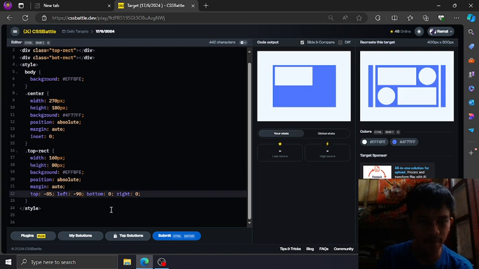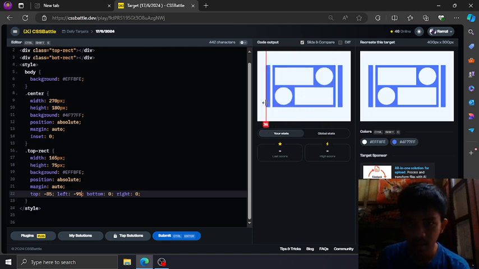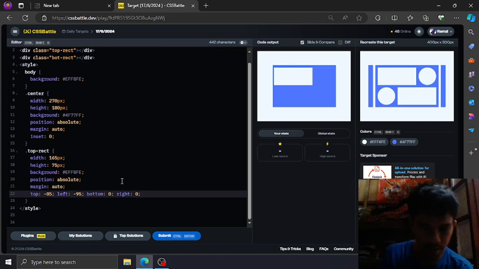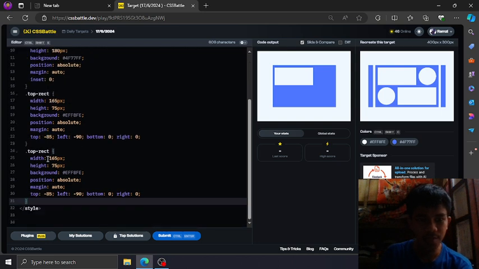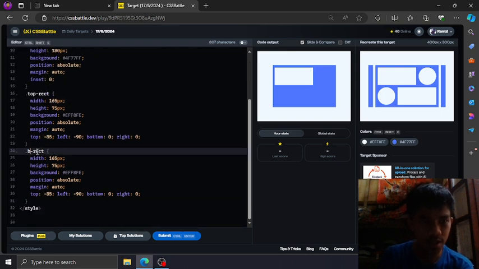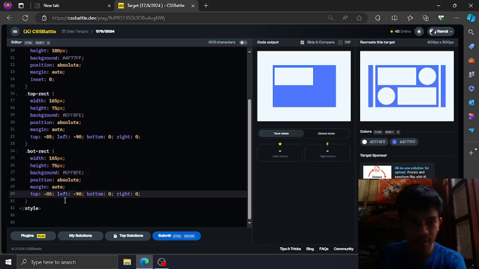Then this is 95. No, not the height, but the width here. Oops, 65 maybe, and then this is 95. Oh boy, this is getting... Okay, we're good with this. And then copy, paste for the duplicate, then rename this to bot, like here. Then invert the value here, like that.